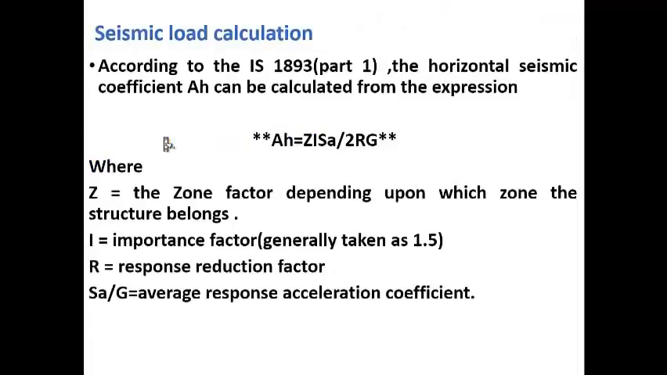Seismic load calculations. According to IS 1893 Part 1, horizontal seismic coefficient Ah can be calculated from the formula Ah = ZI / 2RG, where Z is the zone factor according to which the structure belongs, I is the importance factor, R is the response reduction factor, and Sa/g is the average response acceleration